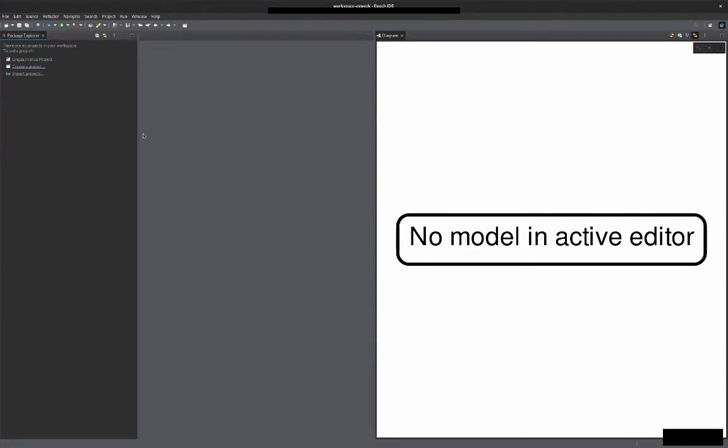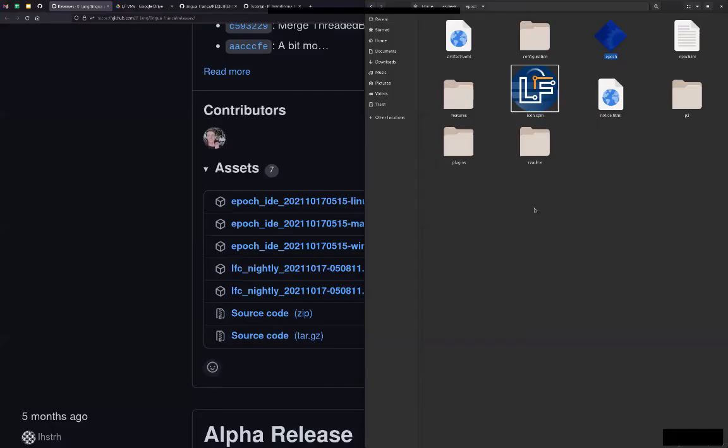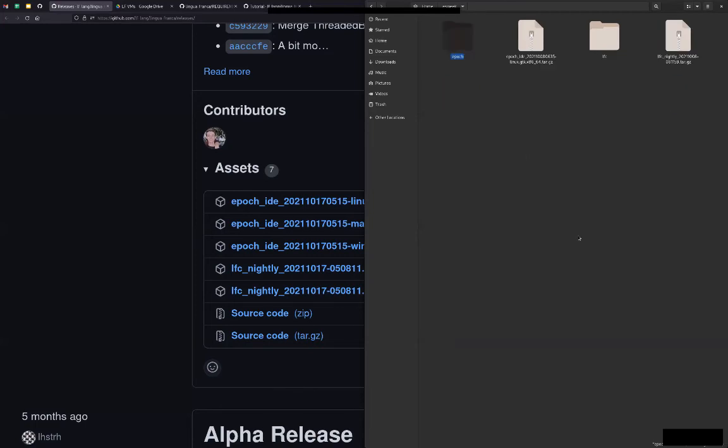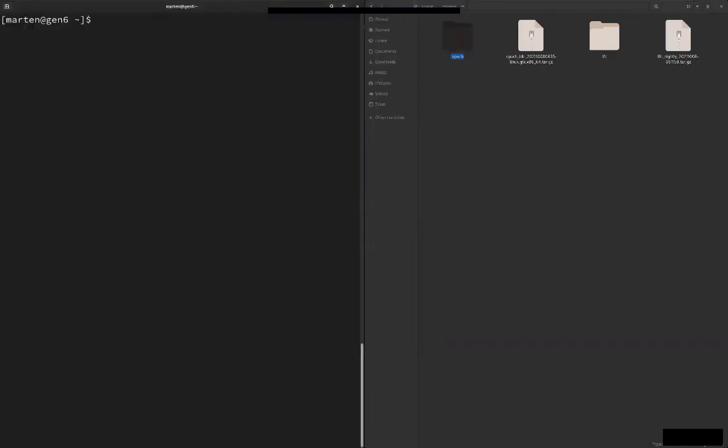If you want to execute Epoch or LFC from the command line, it's also very useful to be able to add them to the path. So we can do that. Linux distributions usually use a .profile file or a .bashrc file to specify things that need to be added to the path. So you can go ahead and see here what I did.